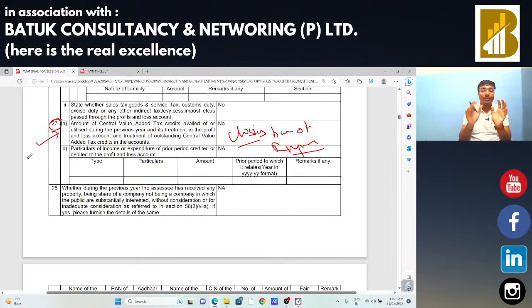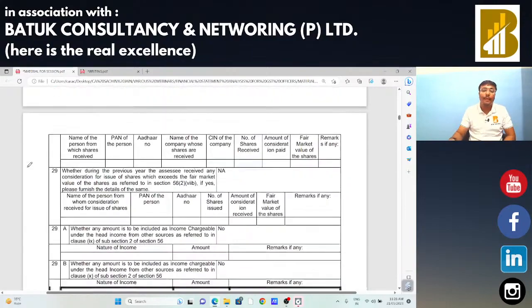Okay, sir, from 3CD, there is no requirement that you need to read each and every clause, because in most clauses you will find nil, not applicable, and so on. So I am just going to share certain specific things which you need to check from the GST audit point of view. Point number 23, point number 27. Also the books of accounts is an important part. Okay, sir. Now,